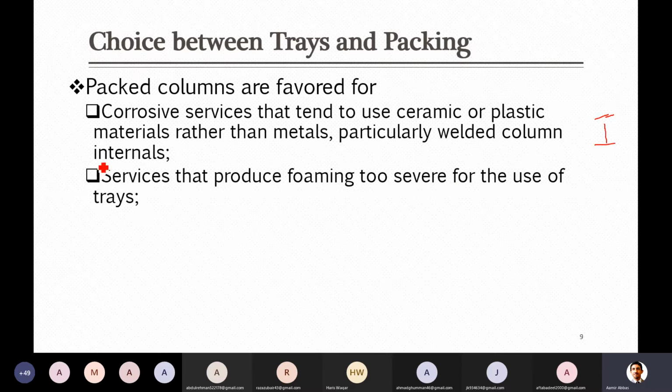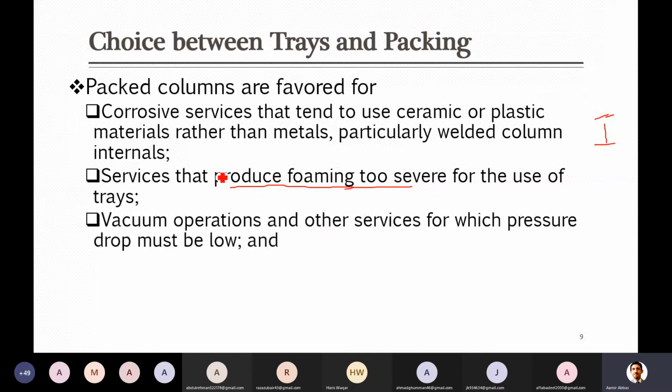In that case, it is always necessary to go for a packed tower, because if there is strong foam formation in a packed tower, it can still be handled, since you don't need disengagement areas or sections. But in trays, it is necessary to have some space between vapor and liquid, so that the vapor can leave towards the top and the liquid can go down. So in such cases, a packed tower will be preferred.